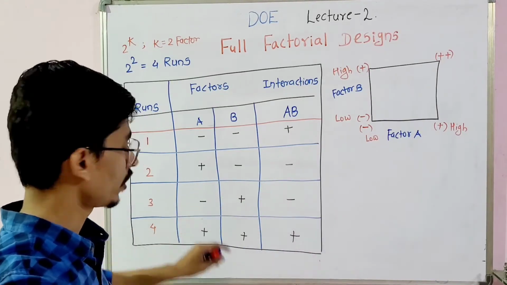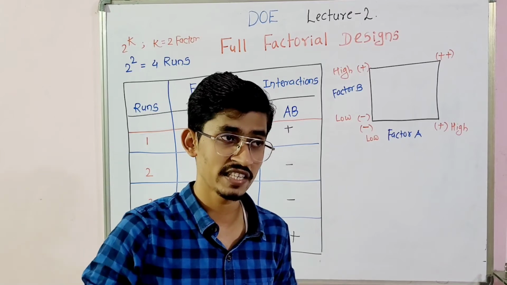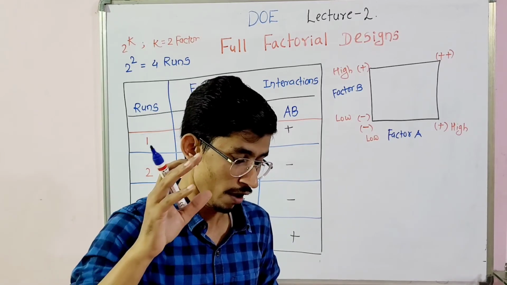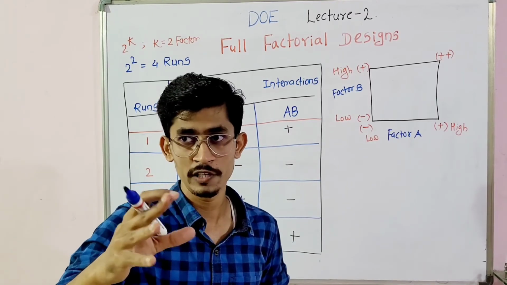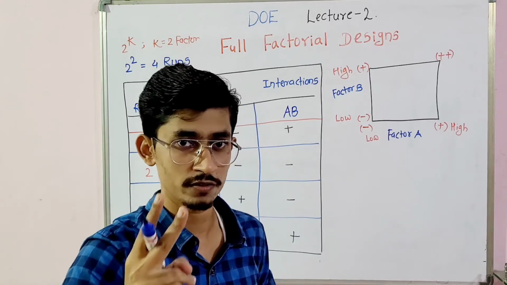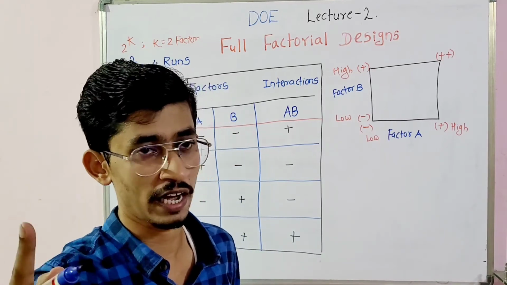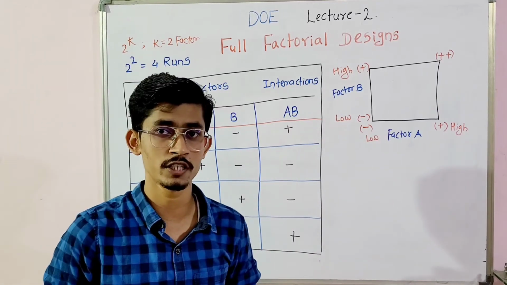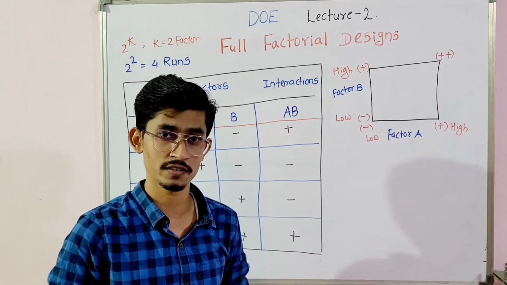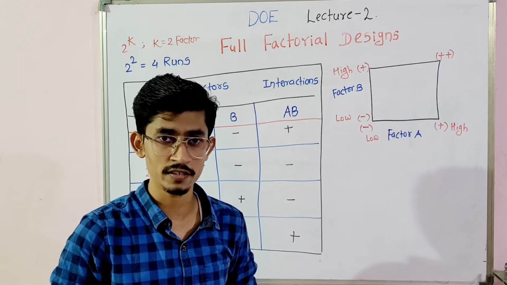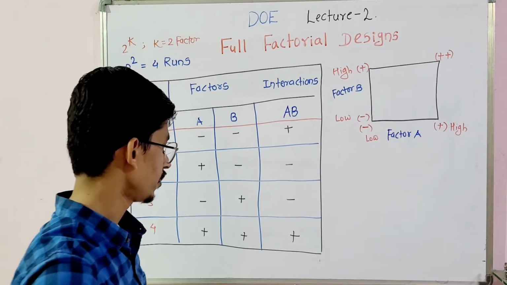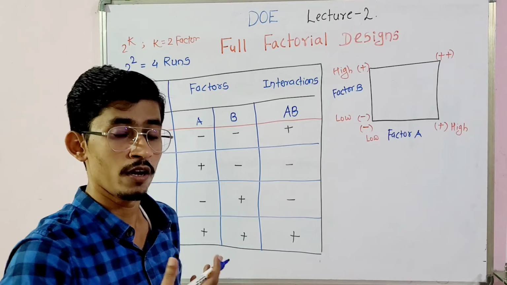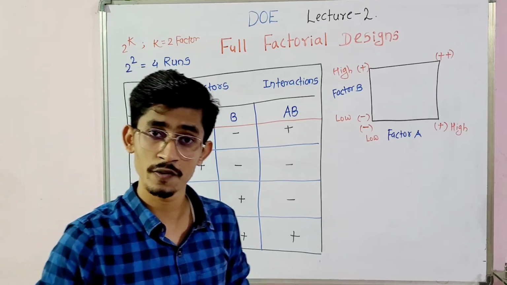So you need to remember likewise, because we are designing a 2 level factorial design. Only 2 levels we are considering here, one is low and one is high. So again we will go forward for 3 factors. What will be the 3 factors? If you put 3 factors, A, B and C are my factors. So what will be the change in the tables? You can easily find out. Or what will be the interaction effects?